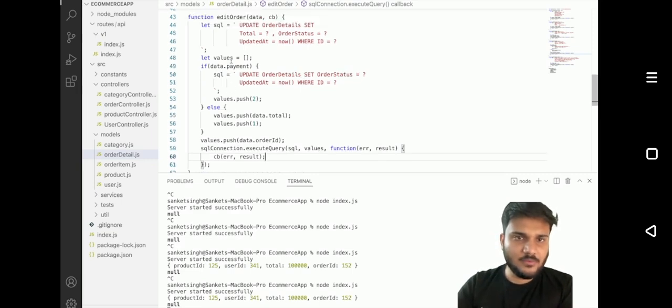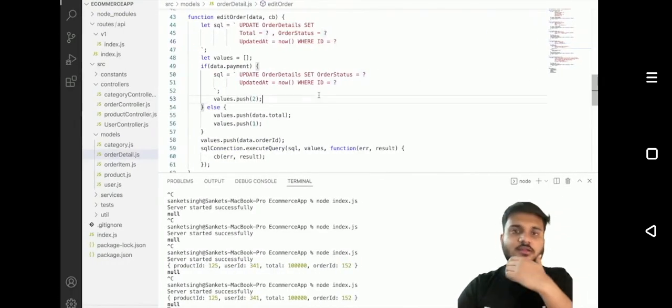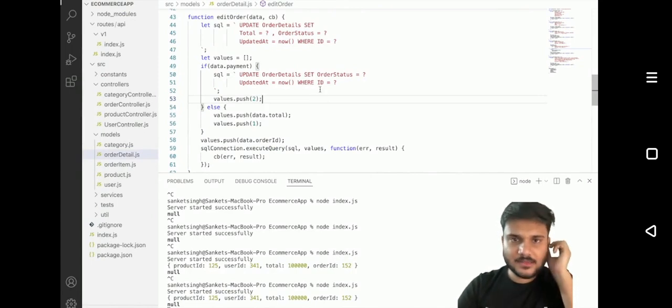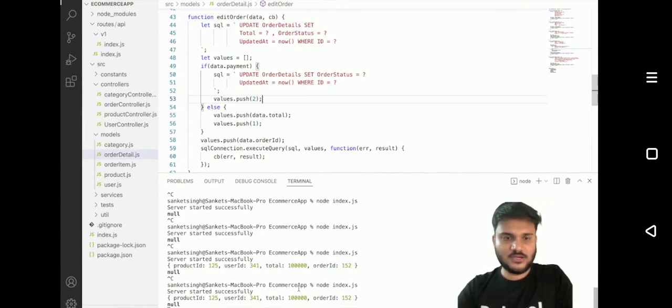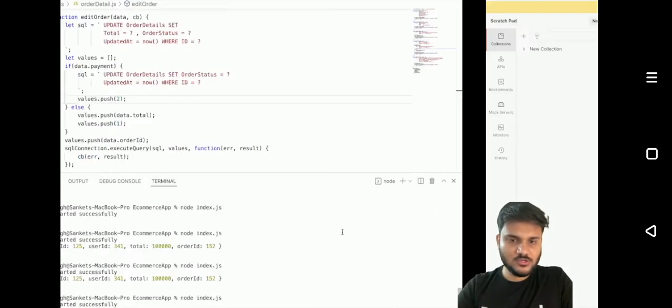We don't have a payment parameter, that is for sure. So we'll be pushing the total. So total gets here. Order status is 1 and order details ID is the order ID, right? So are we passing 152 from here? No, it fetched the order ID, right? Okay. So how about, let's do one thing. I believe there is some corrupted data. So what we can do is,